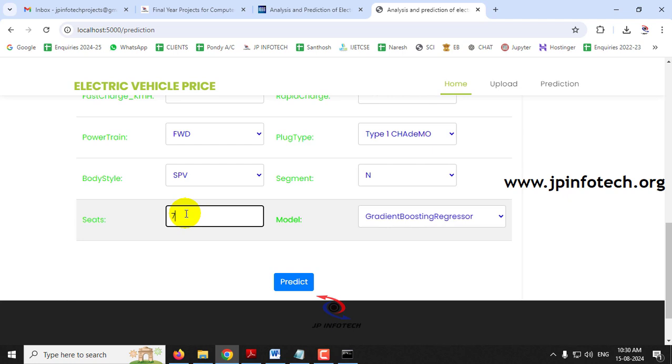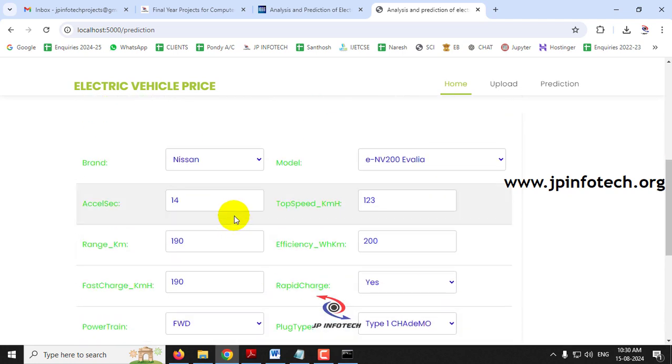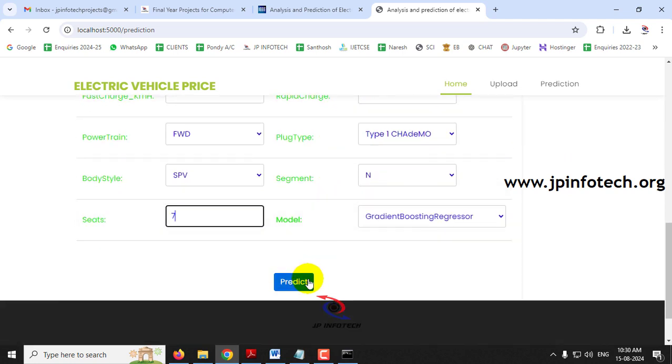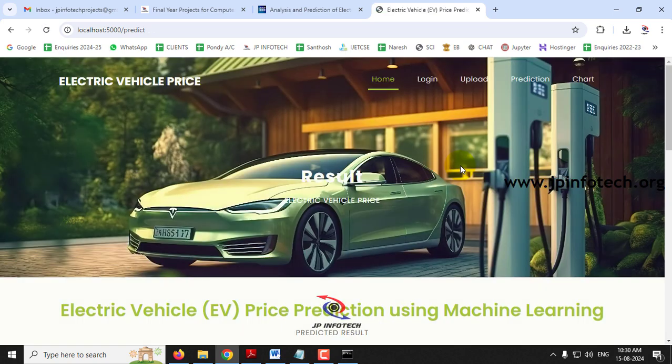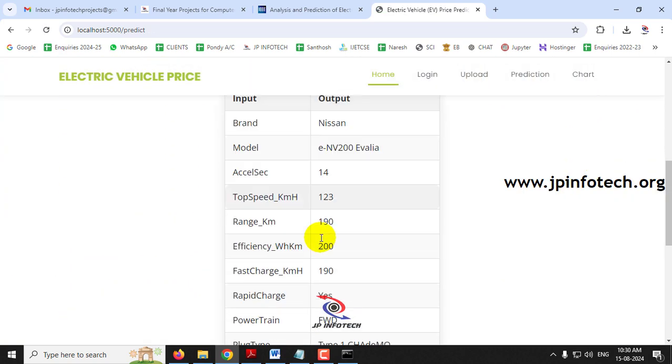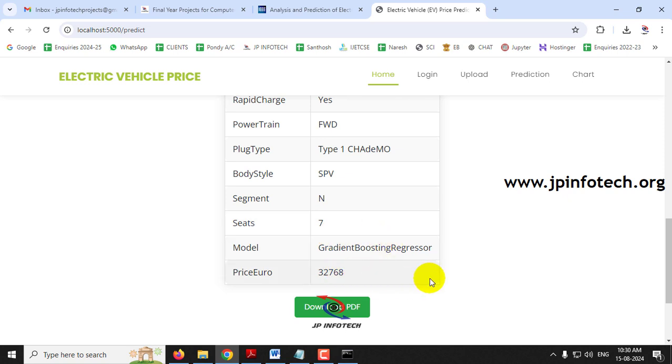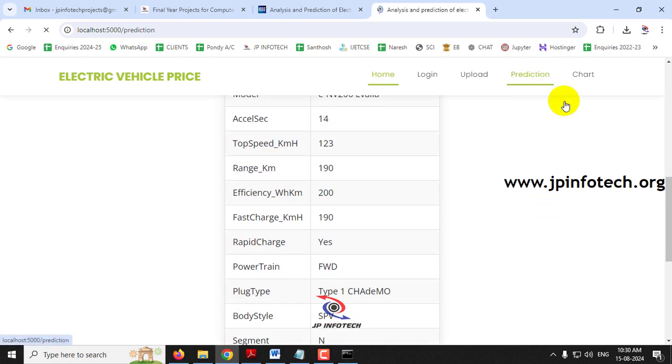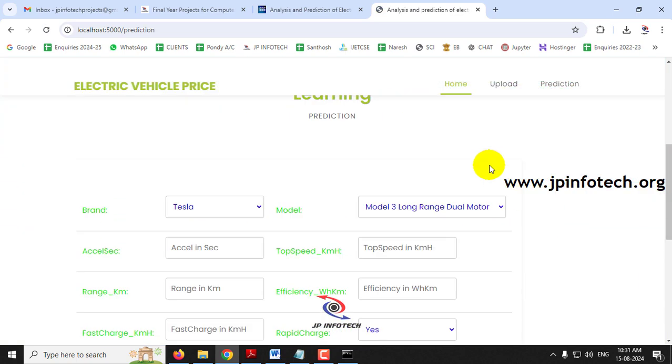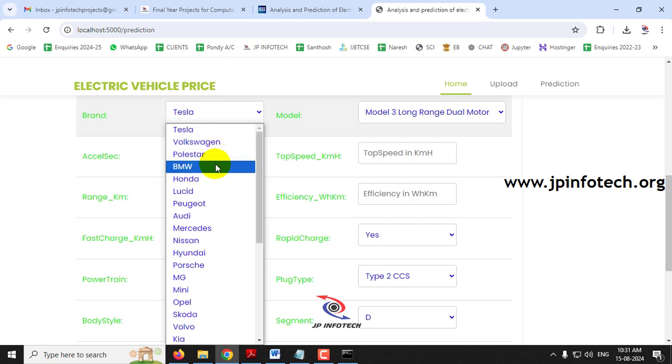seats of 7. So let me check the result for this. Let me click the predict button. So these are all the input values that I have given, and you can see the predicted price in euro is 32,768 euros. So now let me go to the prediction menu again to give you details of BMW